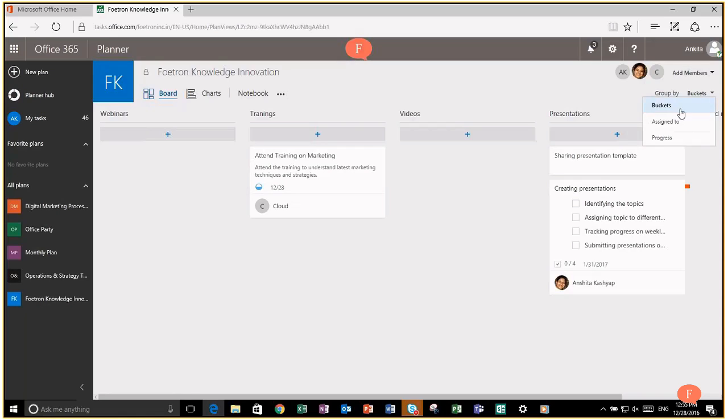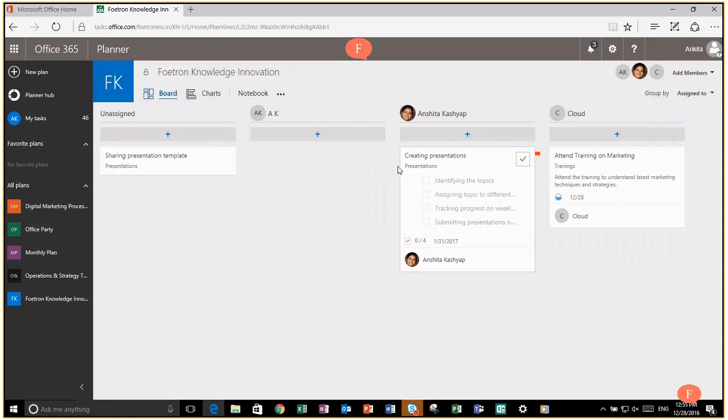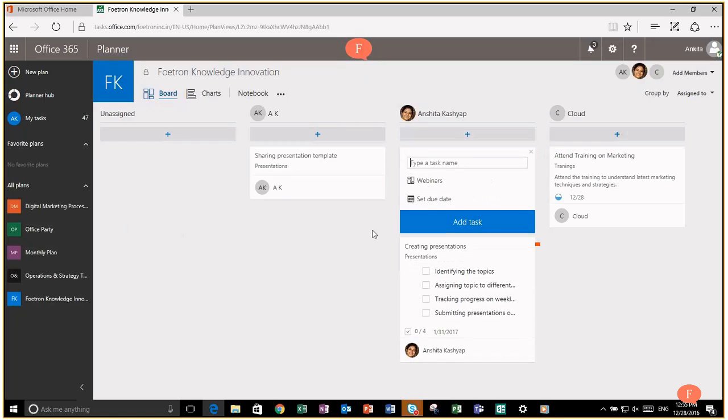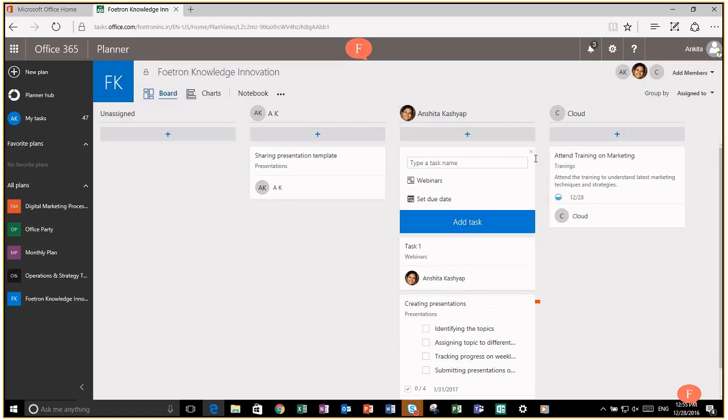Now if I go to assign to, you can see three different names, the people to whom the presentations have been assigned. I can see that I have no work assignment, while Anshita has one and Cloud has one. If I see that there is an unassigned task, I can assign it to the person I find appropriate to handle it. Just to show you, I have assigned sample task 1 to Anshita, sample task 2 to her,